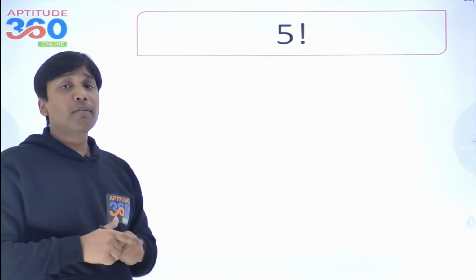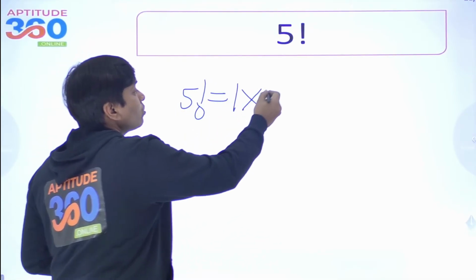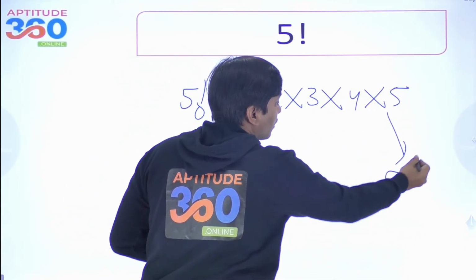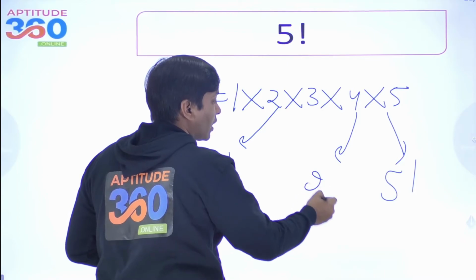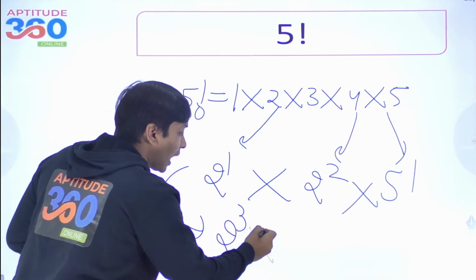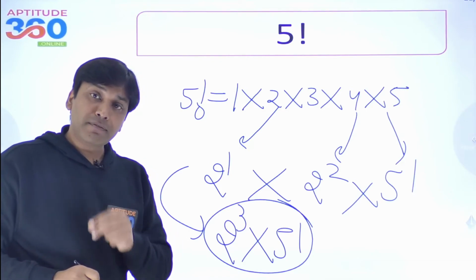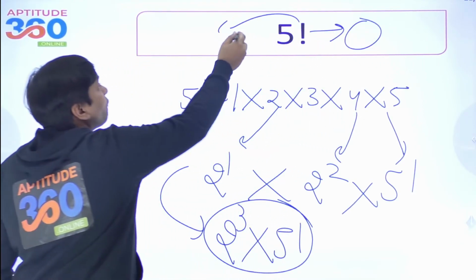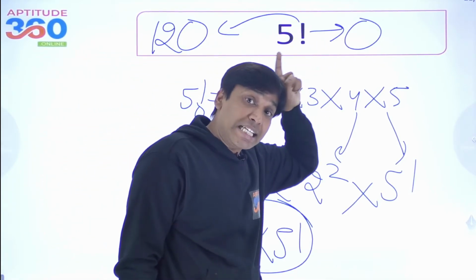Now 5 factorial, try to understand this. 5 factorial is going to be 1 into 2 into 3 into 4 into 5. How many 5s we are having? Only 1 5. And how many 2s we are having? We are having 1 2 here, and we are having 1 2 here. Is that okay? So how many 2s I am having in this problem? I am having a total of 3 2s, but how many 5s I am having? Exactly 1. So how many zeros will be there at the end of it? 1 zero. You know what? 5 factorial is 120. So how many zeros I am having? I am having exactly 1 0.